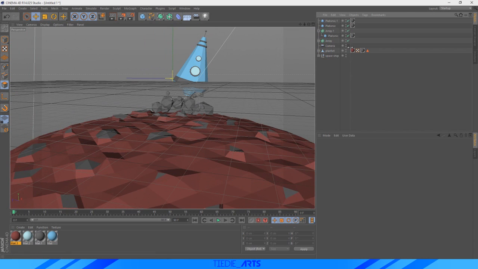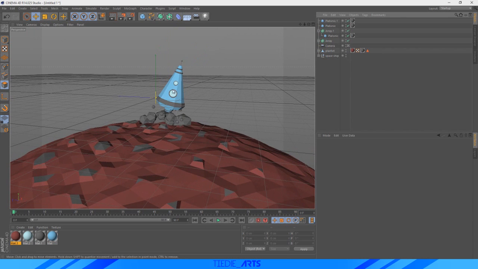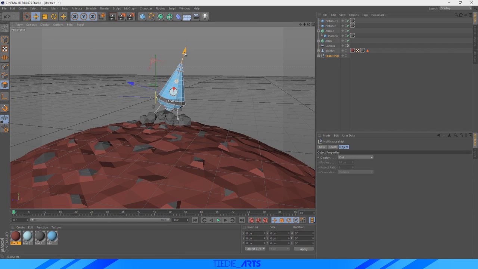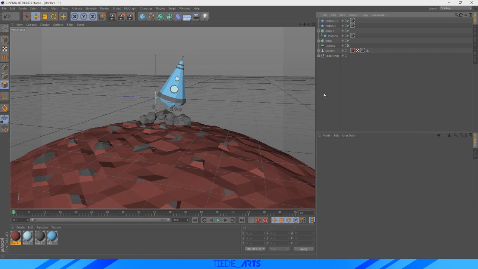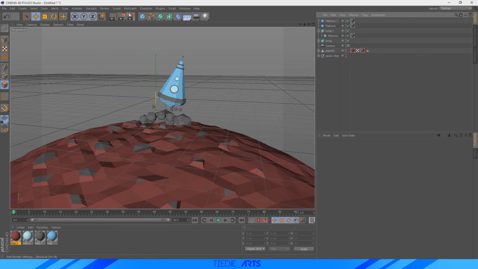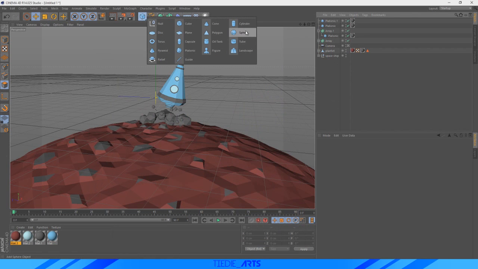So the next thing I want to do before we bring this over to Photoshop is, let me just bring this up a bit, to actually make the planets in the background. As you can see, there's more planets in the background and they're blurred out, and from there we just do the rest inside of Photoshop. So we're almost at that stage. To do that, it's super simple. Just make spheres,